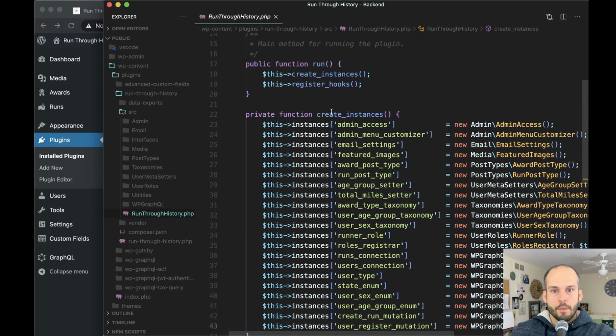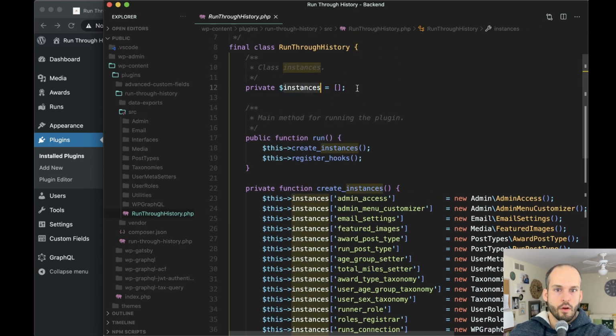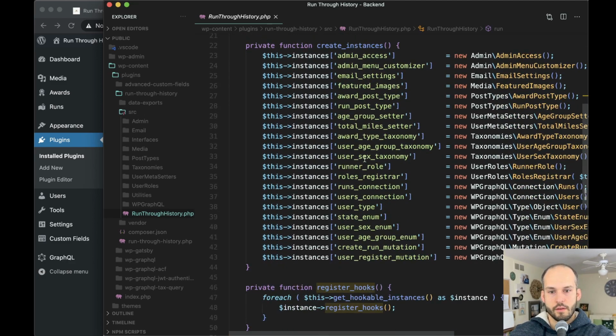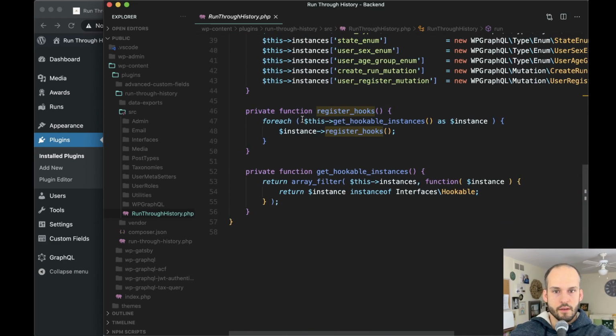All right, so after that happens, we end up with, like I said, our instances array right here with all of the class instances inside of it. So once that's done, then we finally call register hooks. So that's this function. It calls this get hookable instances and loops over each of those and calls a register hook method. All right, and how, you may ask yourself, how do I know every single one of